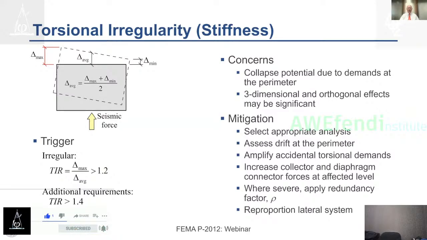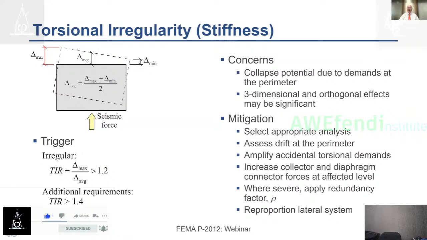and that the three-dimensional orthogonal effects are significant. And if we ignore those effects, we'll have a poor design. What can we do to fix the problem if we identify it? Well, first, we need to make sure we have the right kind of analysis method to find the problem. We need to make sure that we're checking the drift at the perimeter of the building. We need to amplify those torsional responses, make sure that our design,